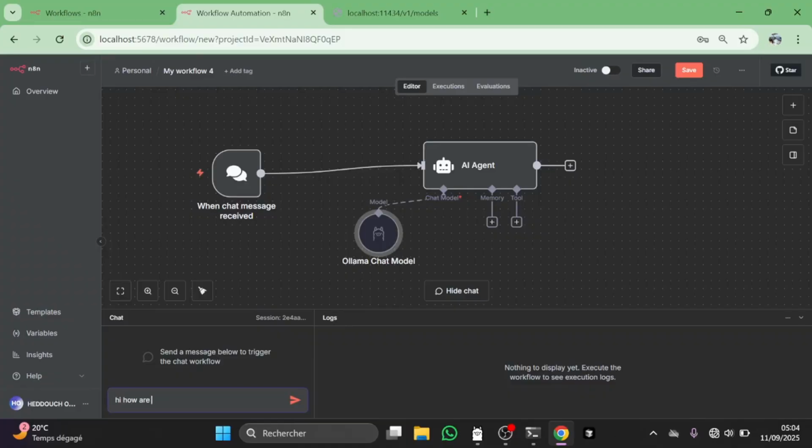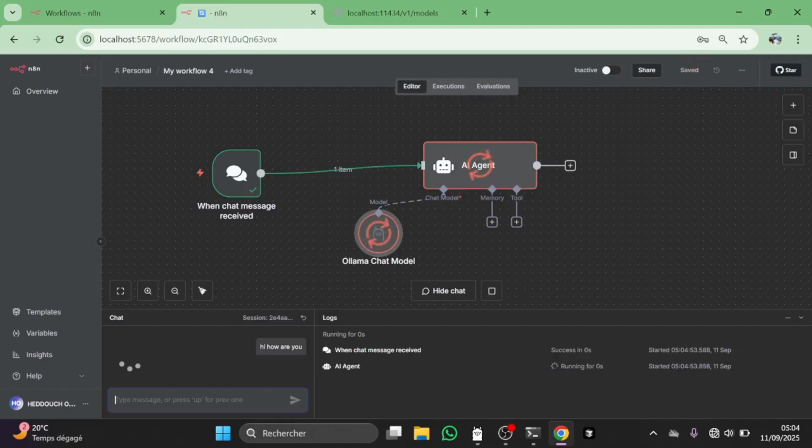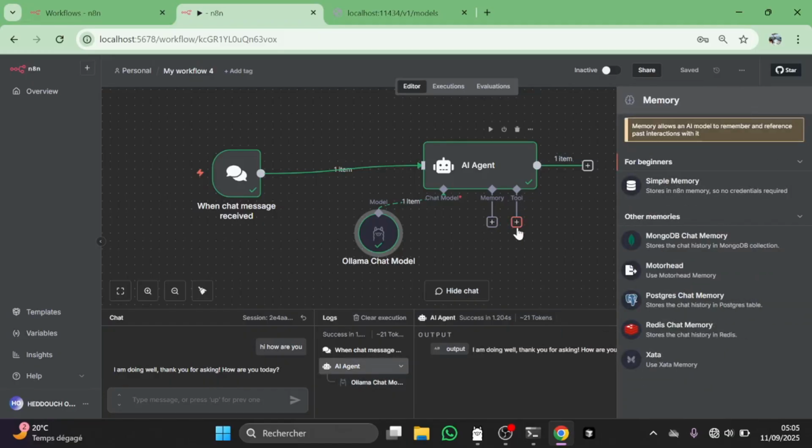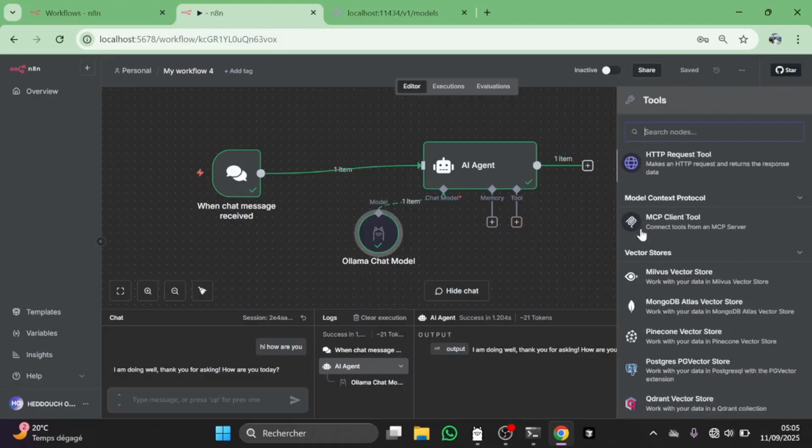Alright, let's just say hi. How are you? As you can see, we should get, I'm doing well. Thanks for asking. How are you today? And that's how you can connect and set up n8n with Llama. You can create cool stuff. You can add memory. You can add tools. And again, this is 100% private and 100% free, so you won't be charged anything. Just play around